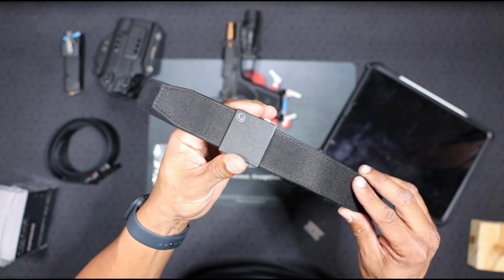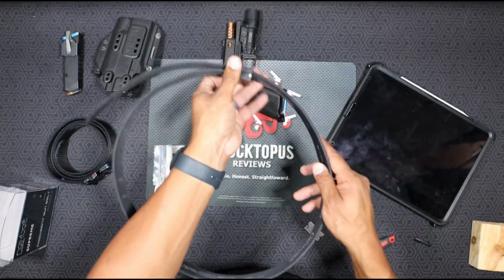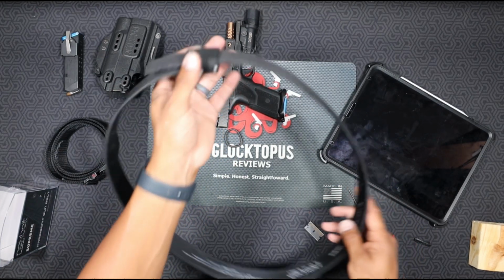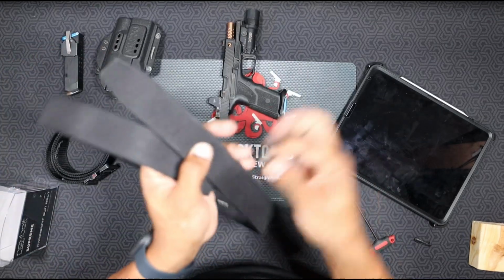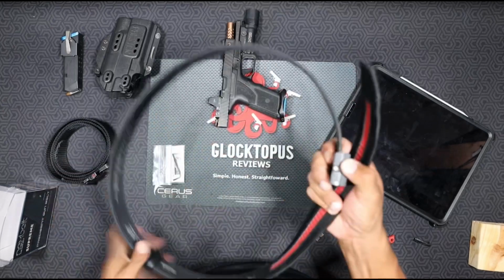That ratchet is so nice, so smooth. You can get that belt as tight as you need it or as loose as you need it with a simple click. Also, as I said, in the box, guys, was this simple loop here that goes around on the end of the belt,